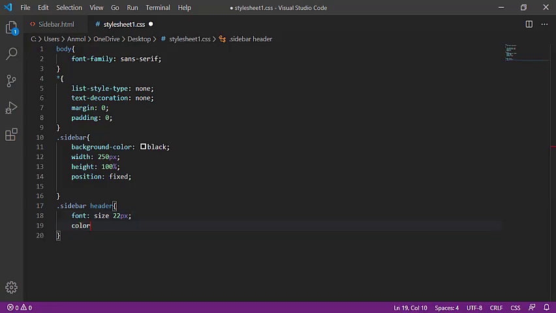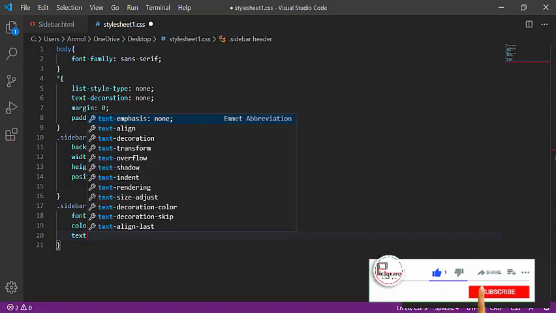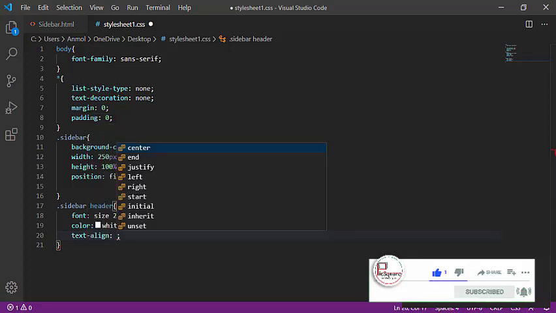Then giving the color white to show on the black background. Text align center.